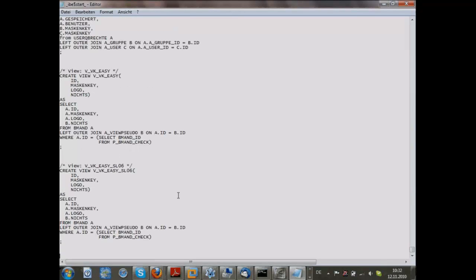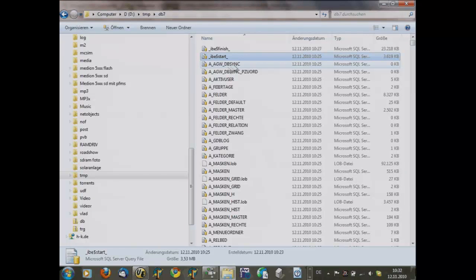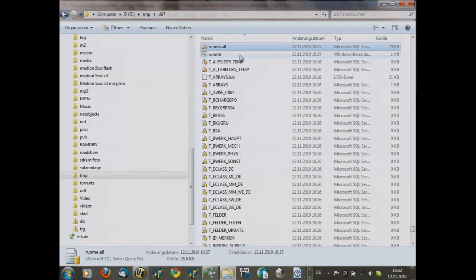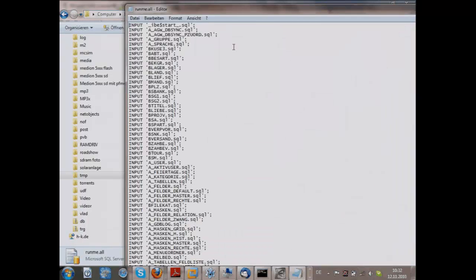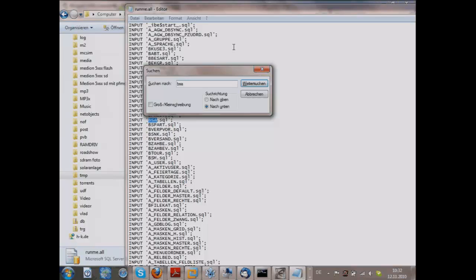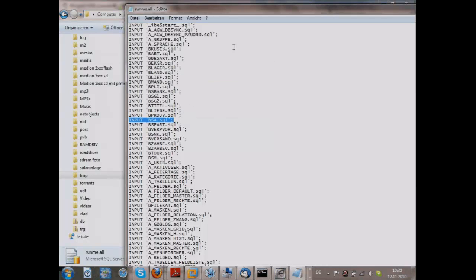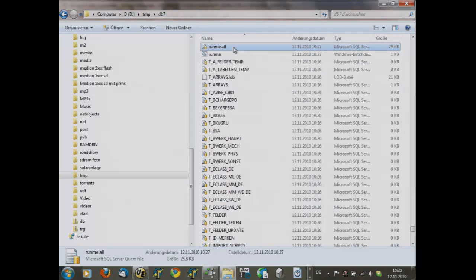The views are created here. We have much more than 1,000 views in this database. And after that, for people who already saw this yesterday, IBExpert SQL is running. It runs entering the data. For example, somewhere we have the table BSA SQL.